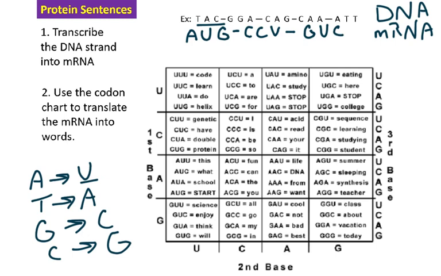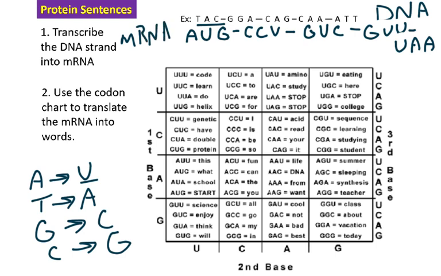I just ran out of space. I'm going to erase my mRNA. So the next one is CAA, so it becomes GUU. And then the last one, DNA is ATT, so it would be UAA. So now that we have the mRNA,